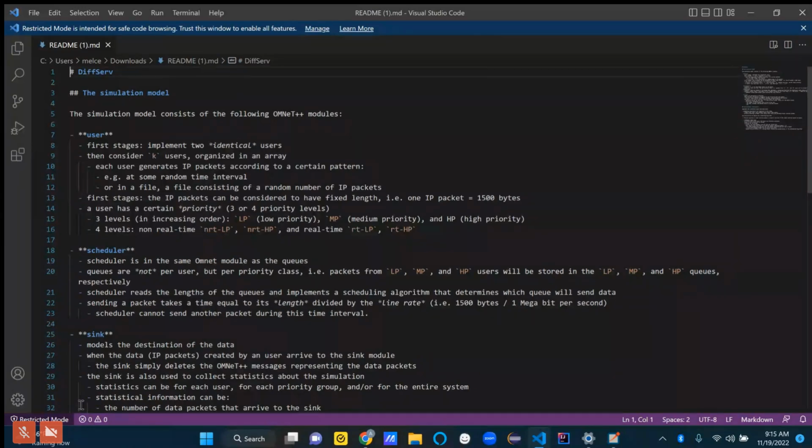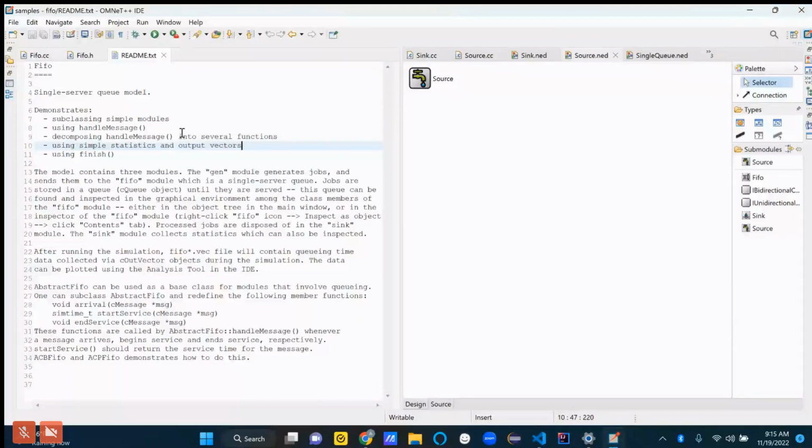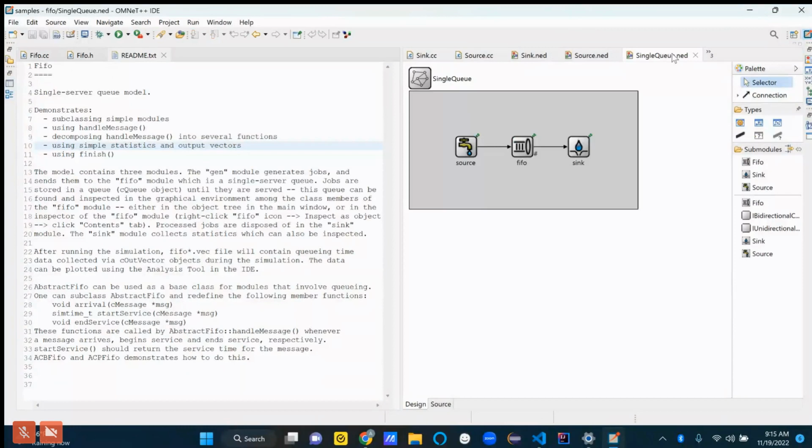And then essentially what we're saying is we're going to make it such that, maybe actually a good idea would be to just go back into the OMNeT++ stuff and look at that FIFO project, and in particular check out that single queue.ned. You have it open in that right window. Yeah. Okay.